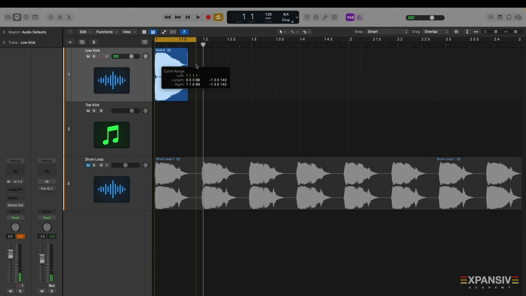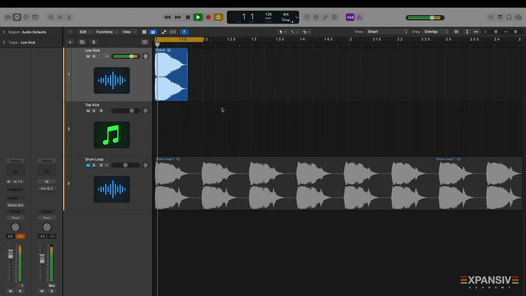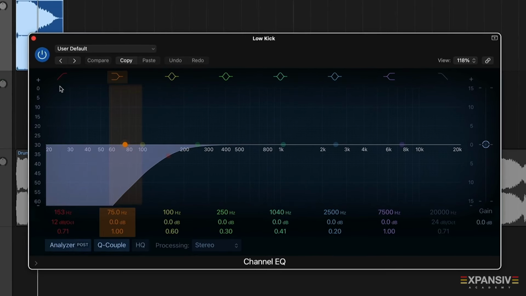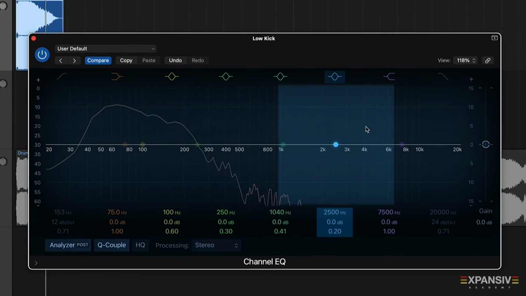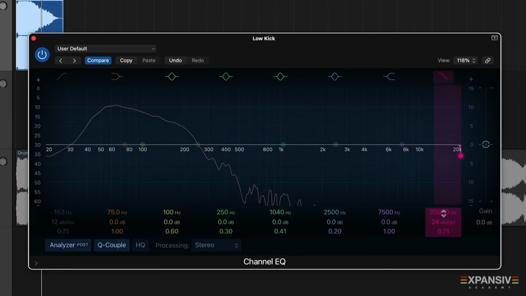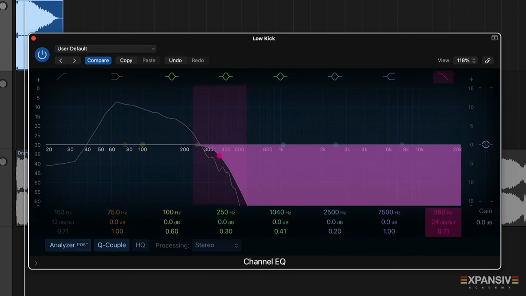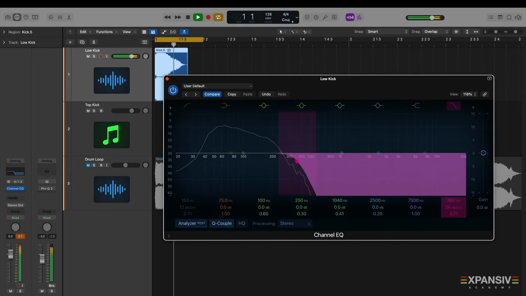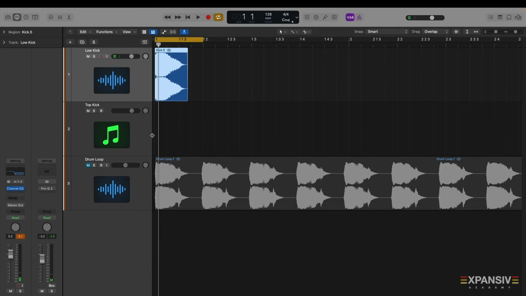What I'm going to do is focus on the low end of this. Now I'm going to bring up Logic's EQ. You can use any EQ for this. I'm going to put a high cut at 360. As you can hear, we've got the main body of the kick. That's what I call the low end of the kick. Now I'm going to pull up